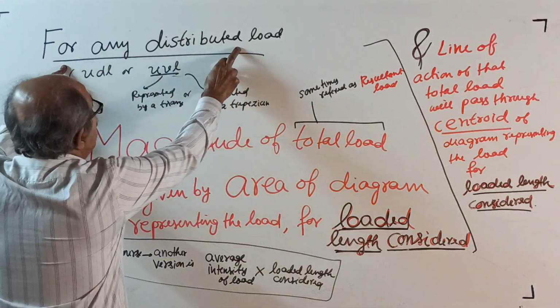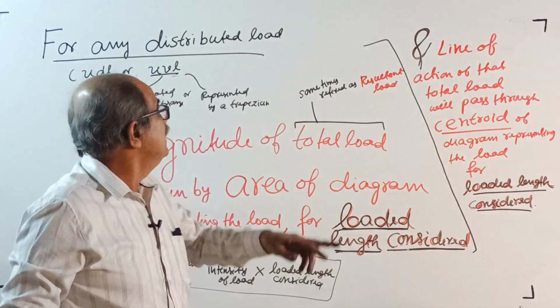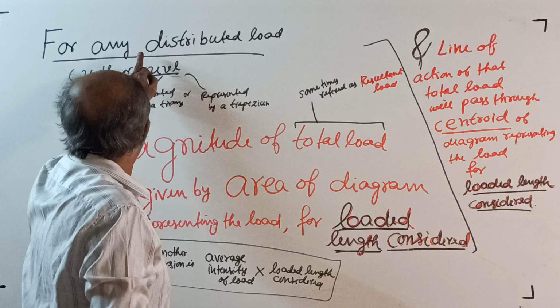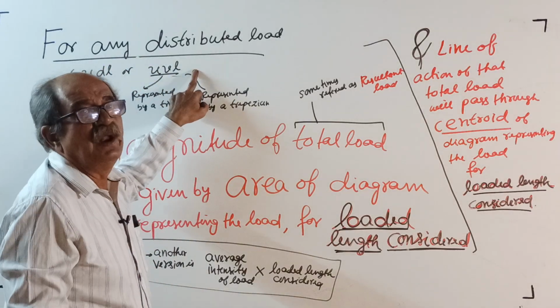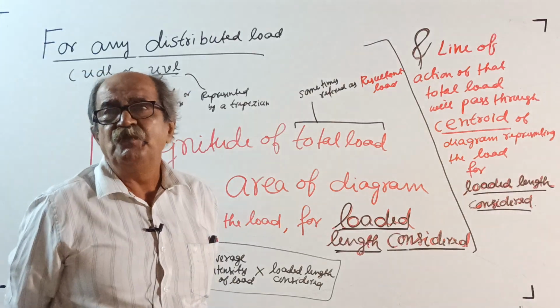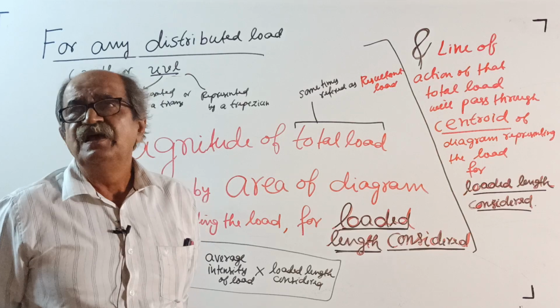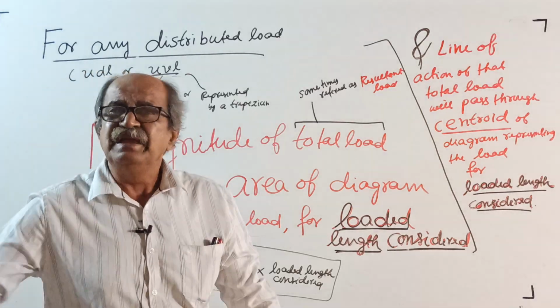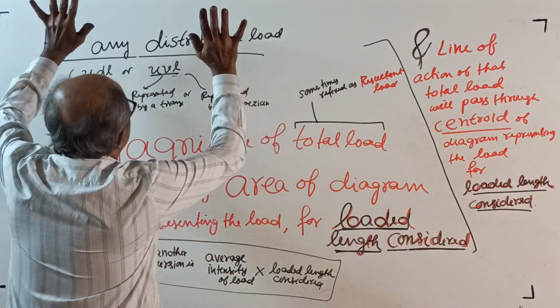For any distributed load, don't tell only UDL, UVL. You can make a note: for any distributed load means UDL or UVL, or even a load distribution that is parabolic, parabolic of third degree, some trigonometric function, or even an irregular shape. Any type of distributed load,